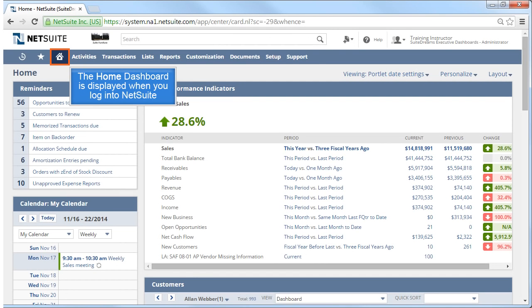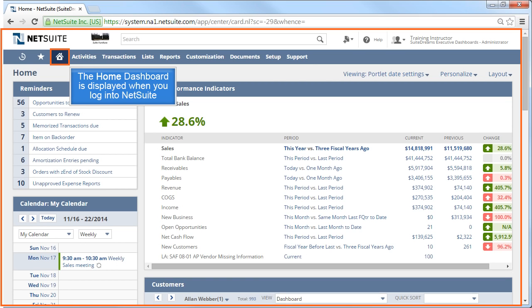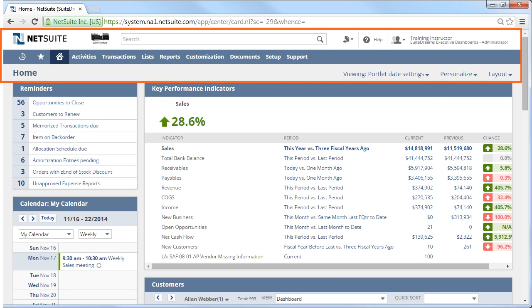Let's navigate on our home dashboard, which is identified by the house icon. This is generally the main dashboard you see when you log into NetSuite. We'll navigate from the top of the page downwards and start on the right-hand side. You see your name, the name of your account, and your role, which was assigned to you by your administrator